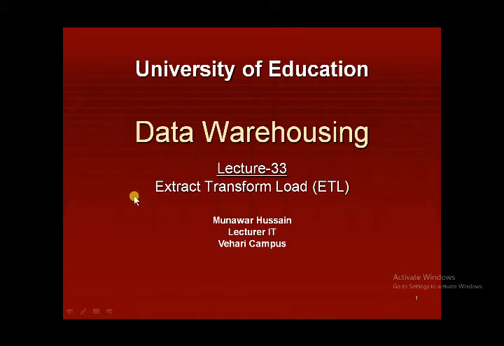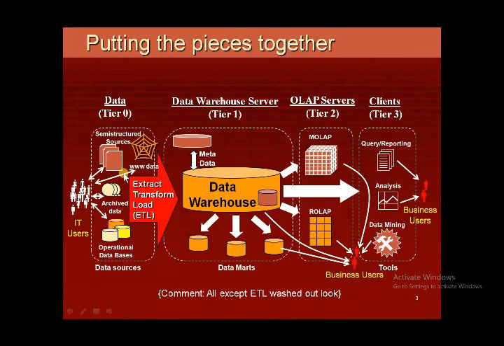So ETL means extract, transform and load. If we look at this picture, it is showing us the architecture of a data warehouse. In our previous lectures we already talked about the architecture of a data warehouse. Again, a data warehouse is a repository that keeps the history of data. It means that it loads historical data from different source systems.